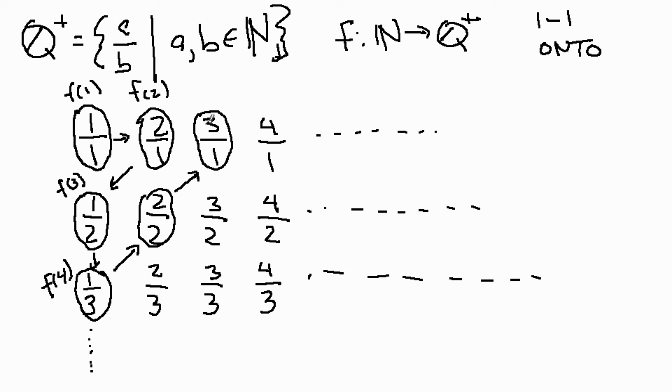And I look at this one, and this is 3. And 3 is certainly not in the list. So the last thing I had was f of 4, and I'm going to call this f of 5. And then I'm going to come over to here, and 4 is not in my list, so I'm going to call that f of 6. And I think you can see that as I continue this process,